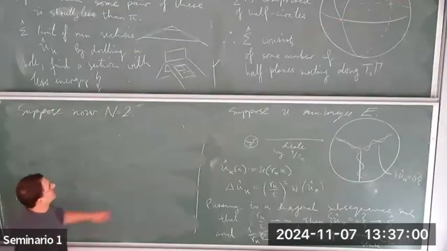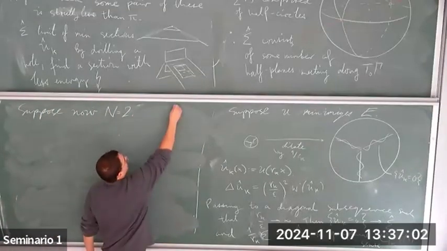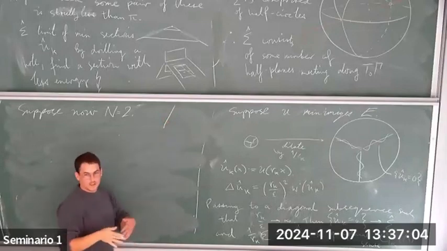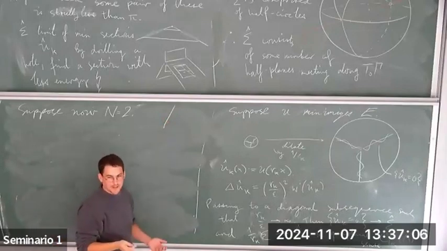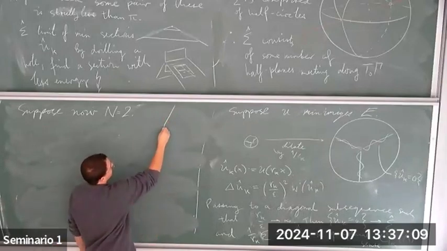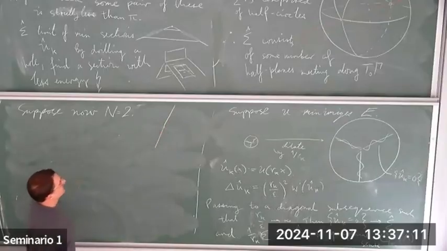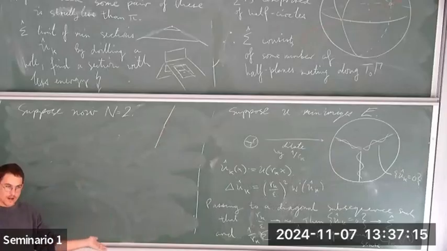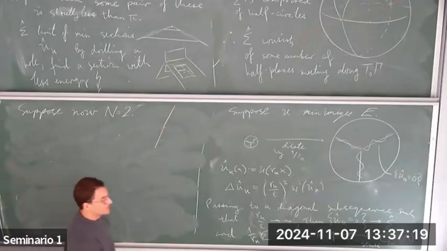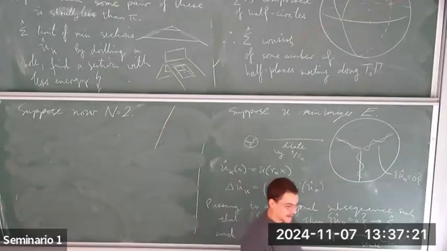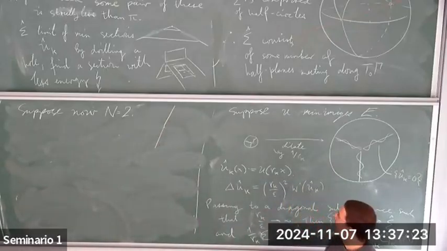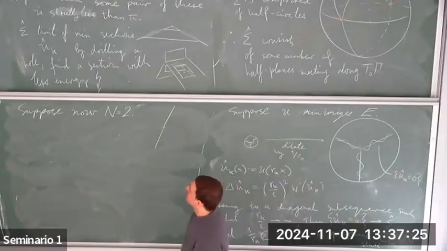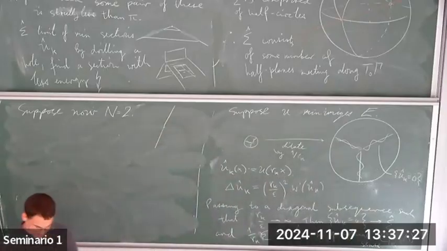And of course, if these are such that the angle between them is less than pi, then we can do the same thing as before, but that's not really important. But okay, the enemy would be 2 half planes meeting, forming an angle of pi. And then in this case,